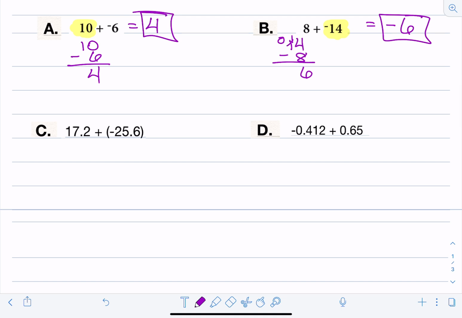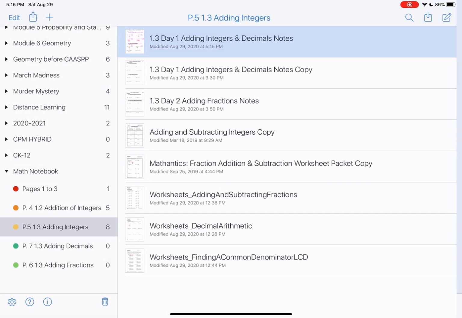For C, now we have 17.2 plus negative 25.6. You do the decimals the same way. You first subtract them, whichever number is bigger, that's the sign you're going to use. So let's figure that out first. 25.6 is bigger than 17, and it's negative, so I automatically know my answer is going to be negative. Now I just need to subtract them. 25.6 minus 17, oopsie,